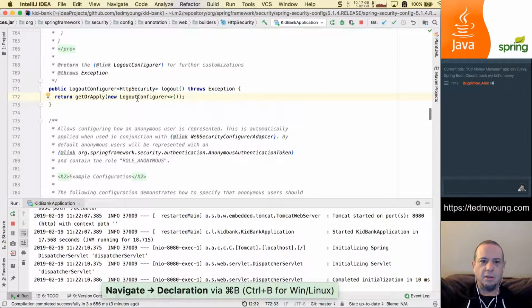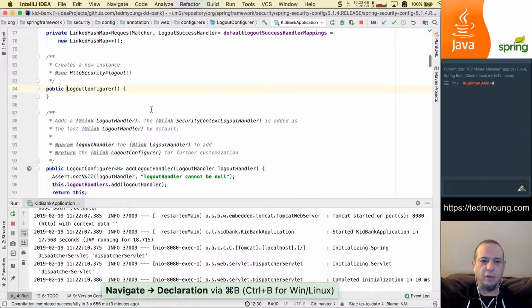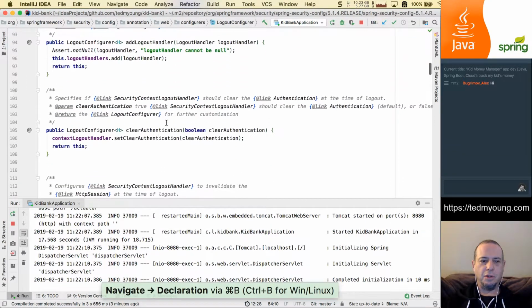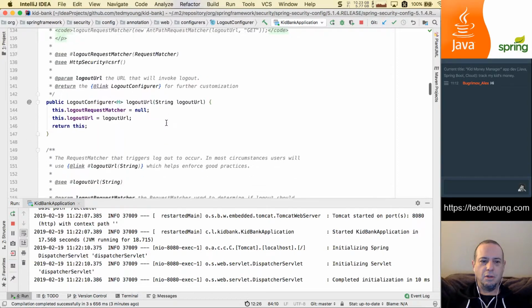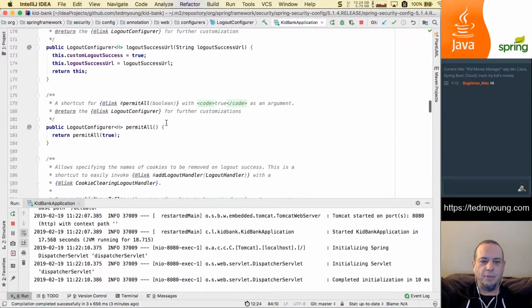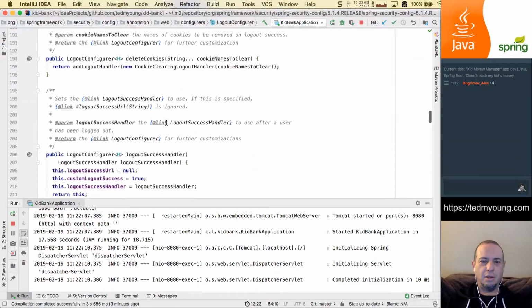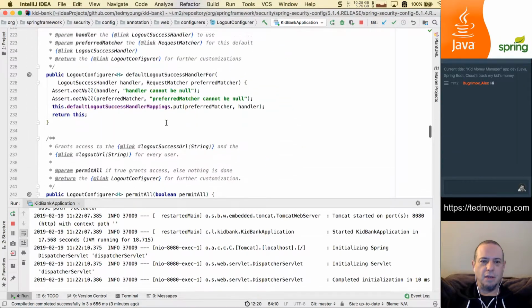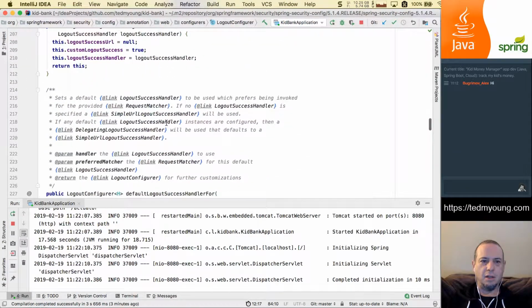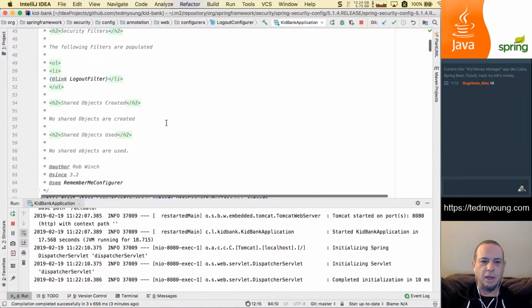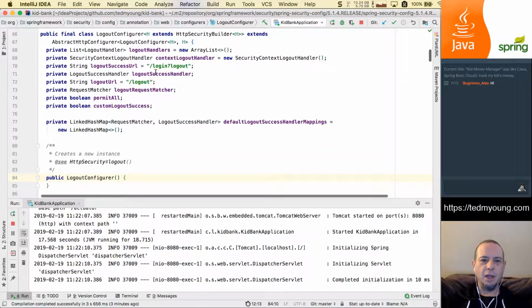So it creates a new logout configurer, which has a logout success URL of logout. So what is the default logout URL? So it is logout,